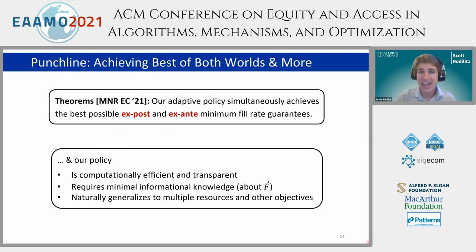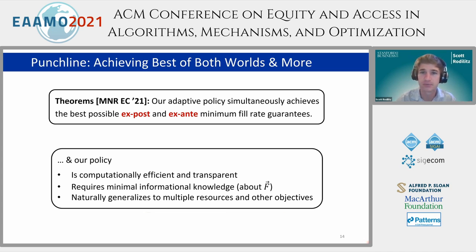All right, so like I said, we have analogous results for ex-ante fairness that I'm not going to get into today. Instead, I'm going to talk about these other properties. So our adaptive policy has these nice properties, but it's natural to wonder whether there's a simple non-adaptive policy that could do as well as what we achieve, and of course also have some nice properties for application in this